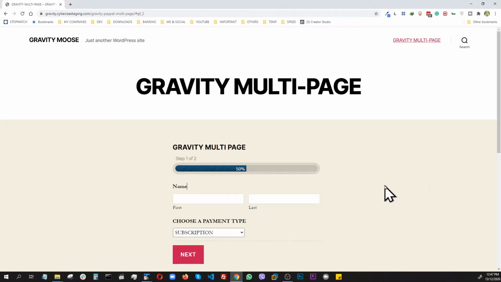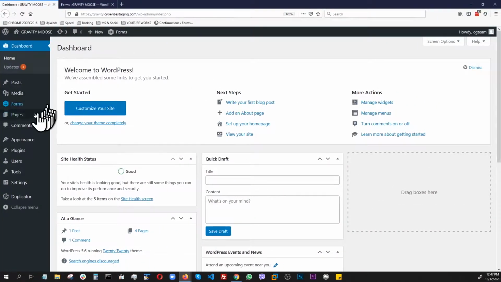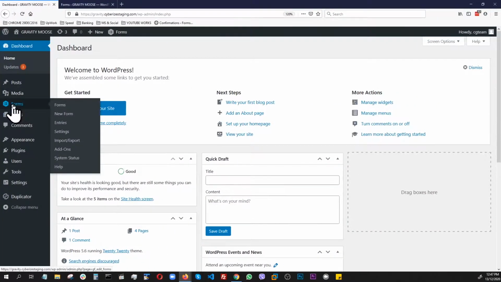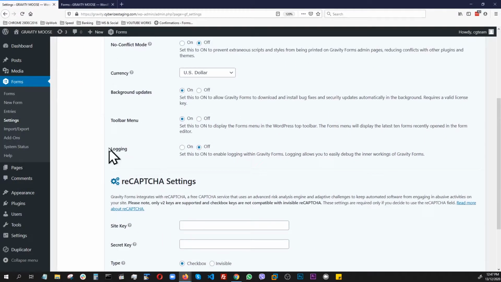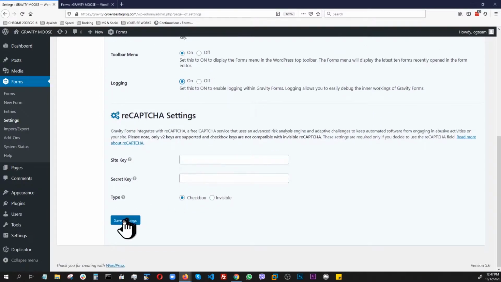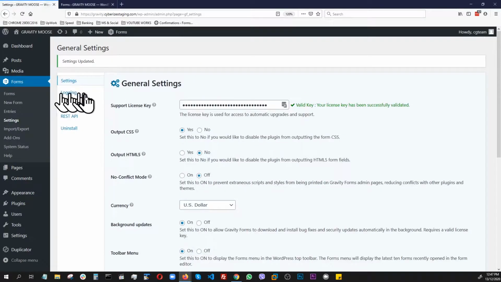Let's get started. All right, we're back at the site. Let's go to the backend, and this time we're going to configure the Gravity logging by going to Forms and Settings. And once we are here, as you can see, only 4 items. This PayPal is the standard add-on and the rest is usual. But once we enable logging, which is here, and save settings, now we have this new item showing up called logging,